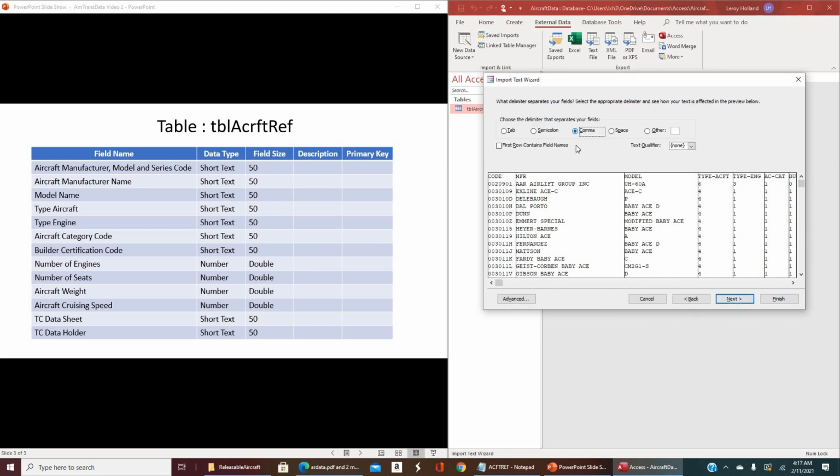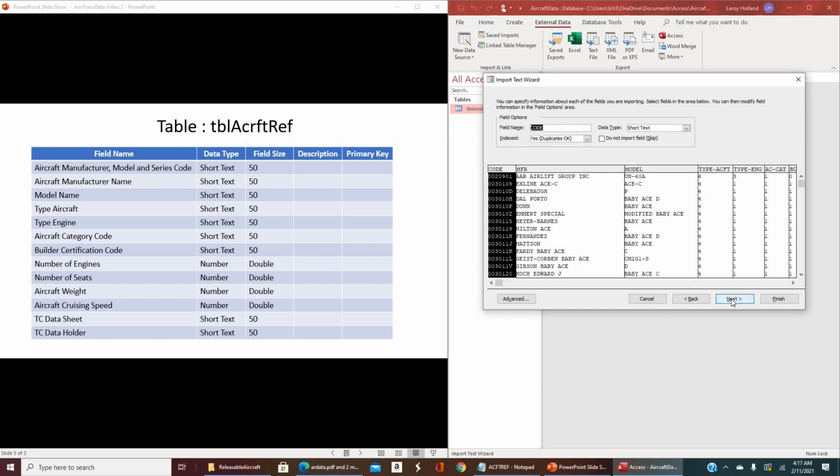Next. Comma is there. First row contains fields. Text qualifier, we have none. I'm going to choose next. And so now we can actually look here and kind of see. I've actually kind of looked at it, and I can tell you why it shows the ones that I did. So code, that's going to be text. We're going to leave that